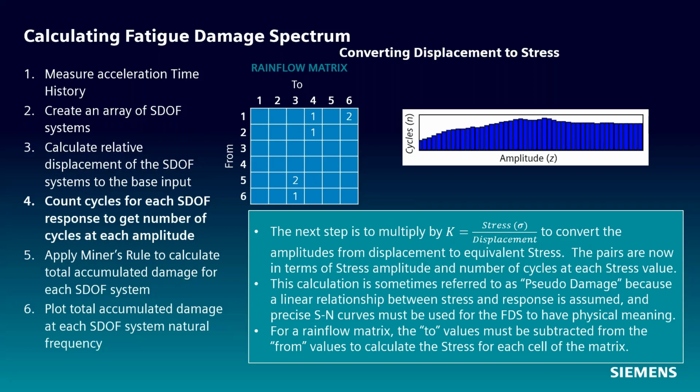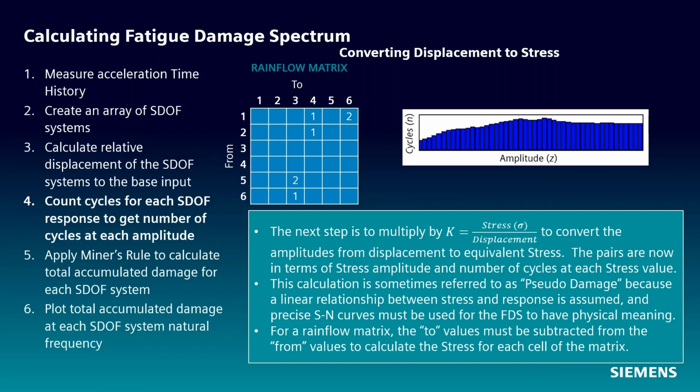Maybe it's more like a relative damage. I can see which one of those 2 environments is more damaging, and then that helps me design my part. If it can survive the more damaging one, it should be able to survive the less damaging one, I guess. That is a correct assumption, yes. So yes, sometimes we call it pseudo damage, sometimes we call it relative damage, and in the end, the comparison works as long as we apply the same constants to both calculations.